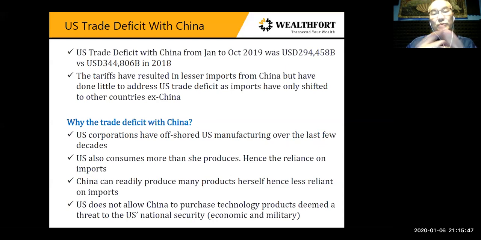So when you produce less, the reliance on imports is bigger, and therefore it actually expands the trade deficit. China can readily produce many products herself, hence less reliant on imports. Now, US does not allow China to purchase technology products deemed a threat to US national security, whether it's economic or military-wise. So, for example, China has a thirst for US technology, but right now, US has already banned Huawei